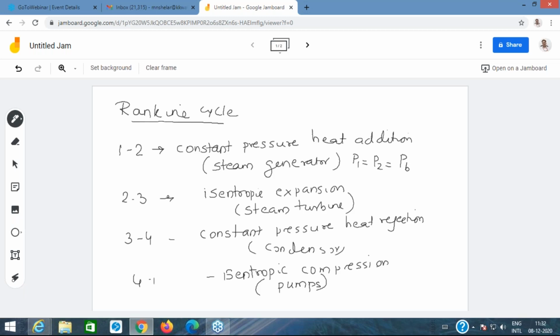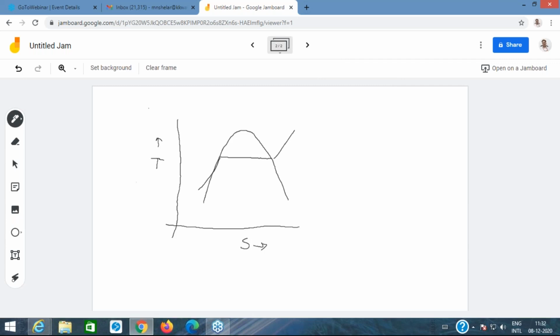What will happen to the temperature when the pressure is constant, 1 to 2? During the process 1 to 2, the temperature would first increase. So suppose this is 1. The temperature will first increase, then it will reach the boiling point, that is say 1 dash. Then there is boiling, and then it would get converted to dry saturated steam, and then the steam would be superheated. So let us say the 2 is...